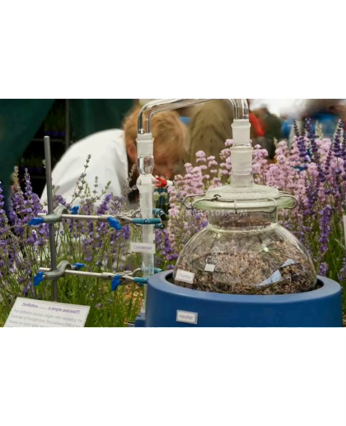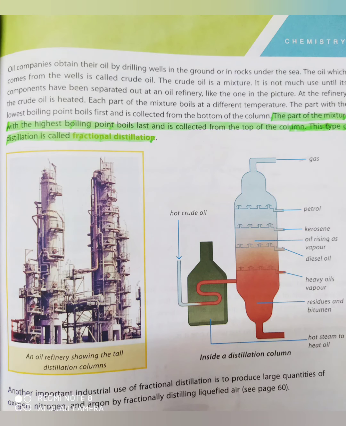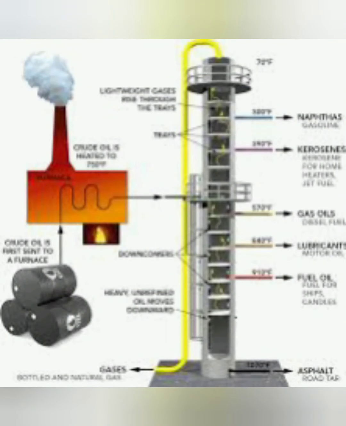It is also the coolest method to get perfumes from flowers. This is the essential oil extraction from flowers. However, on a commercial scale, like in oil companies, different components of crude oil are separated by fractional distillation and we get separate kerosene oil, diesel, petrol, gas, fuel oil and other things by this method.